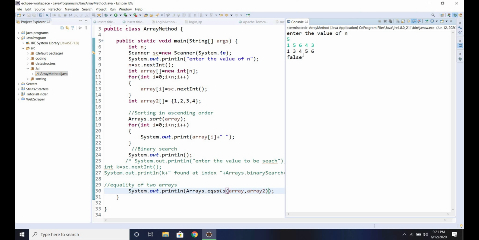Okay, it's showing false, because both arrays are not equal. The second one contains 1, 2, 3, 4. The first contains different values. Now check another input. Okay, it's showing true because both contain the same values 1, 2, 3, 4. The first also contains 1, 2, 3, 4.